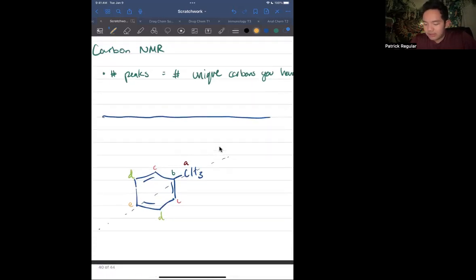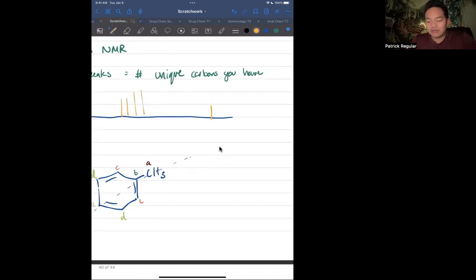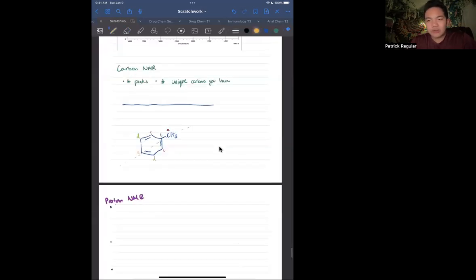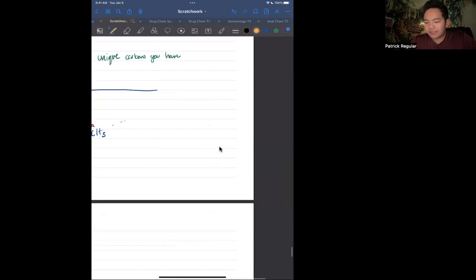So I would see 5 peaks. You could see something like this. Whatever. The number of peaks, I don't want to give you too much information before he teaches it. So just keep in mind, the number of peaks is the number of unique carbons you have. Let's do one more example. So if you were to have, let's say,